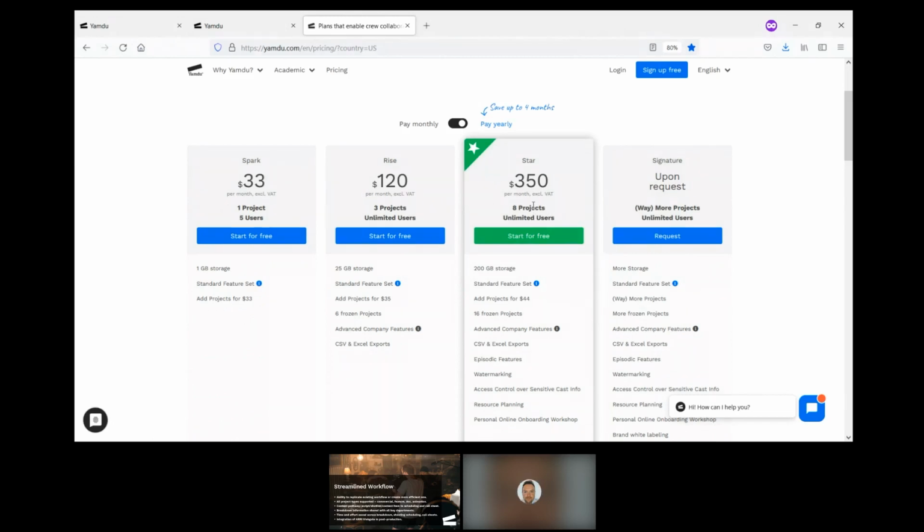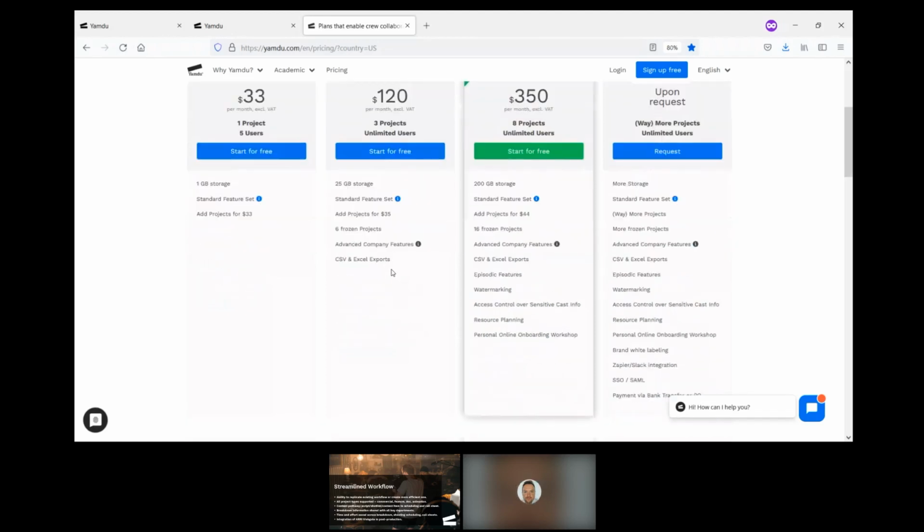These are rolling projects. And what that means is that you can work on 8 projects at one time. If you finish a project or if you freeze a project, you get a new project to work with. So you always have 8 projects active, but with Signature, of course, you can request more and we can do that for you. And you can see here that you can have 1 project, you can scale up and have